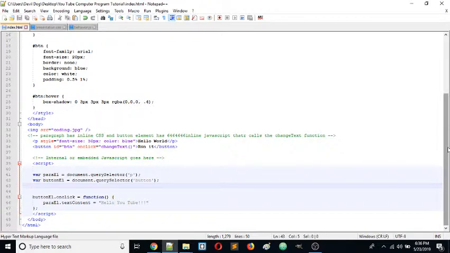And so I'll kind of explain this page. There's really not much to it. Like I said, I have a paragraph tag where something happens. I have a button with that ID, and something's going to happen when I click it. It's going to run this changeText. We go down in the script into the JavaScript here, and I have a variable, and I named it paraElement. It's best to name it after whatever you're doing, so it's easier for you to read later when you get a lot of code, and it's easier for other programmers to read if they're looking at your